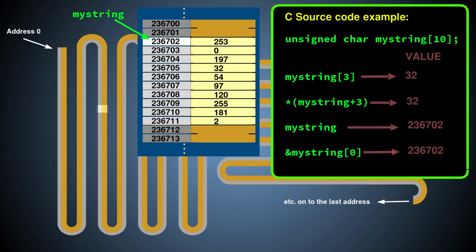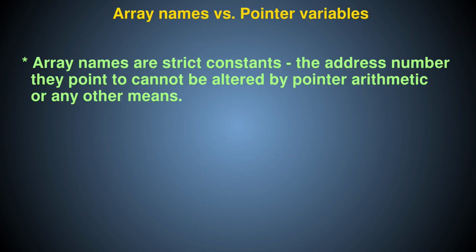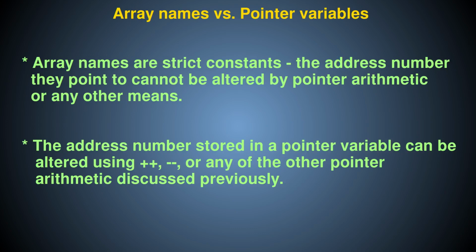We've seen that the name of an array, when used on its own without the square brackets, behaves like a pointer. However, there is an important difference between this and an actual pointer. The difference is that array names used like pointers are not variables, but strict constants, whereas true pointers are variables. This means the address value stored in an array name cannot be altered, but the address values stored in a